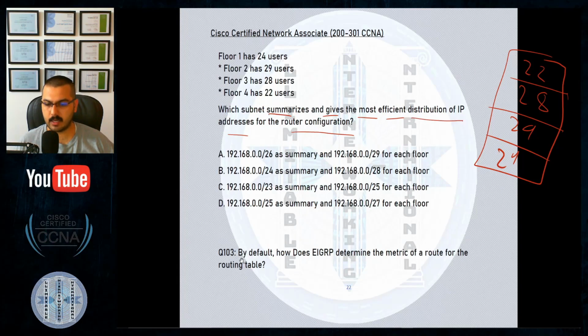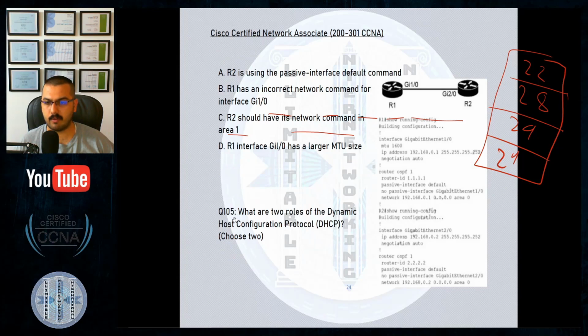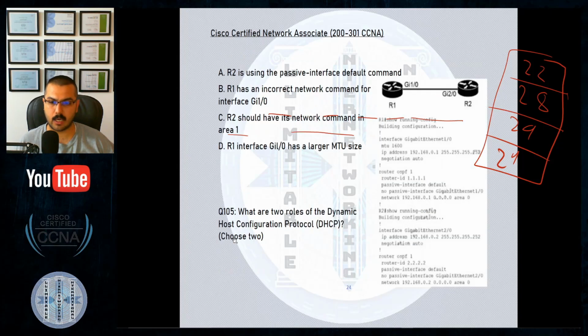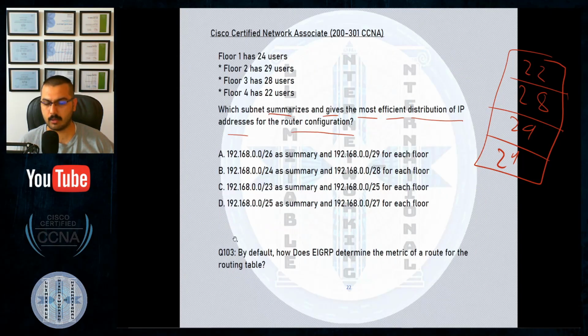Okay, so 103 starts here, 104 starts here, 105 starts here. There is something wrong with this slide. I will correct it before I upload it. Okay, I must correct that before I upload it so that you will download the correct one with you and study it. Anyway. So that will be